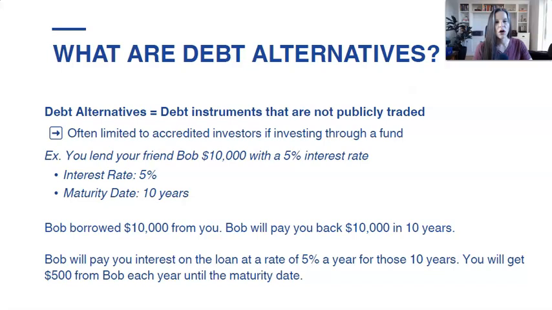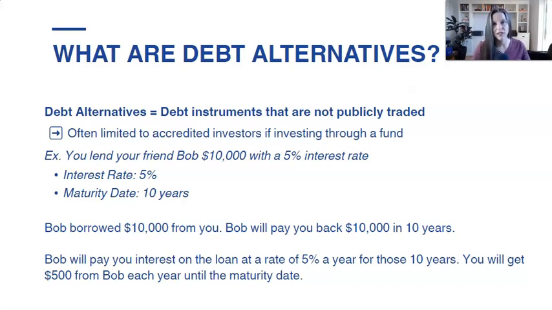So with that said, let's talk about what debt alternatives are. I know this is a term that may not be familiar to a lot of you that are newer to this type of investing, but when I talk about debt alternatives, I'm really talking about debt instruments that are not publicly traded. So yes, most of these investments are fixed income in the sense that you're getting a steady stream of income, similar to something like a bond or a CD or a savings account. But as I mentioned before, I like to separate these out because I think they're very different. They're much more complicated usually. They're much more, I think, sophisticated. And quite frankly, I think they're better investments.